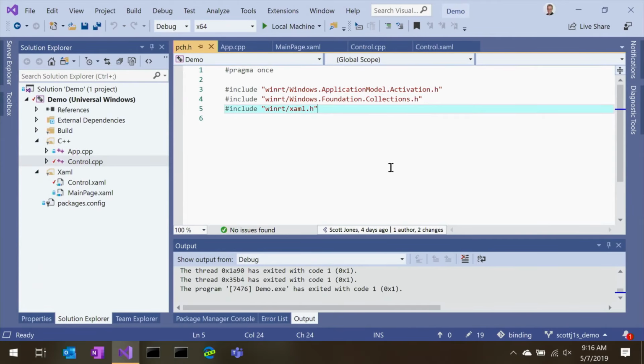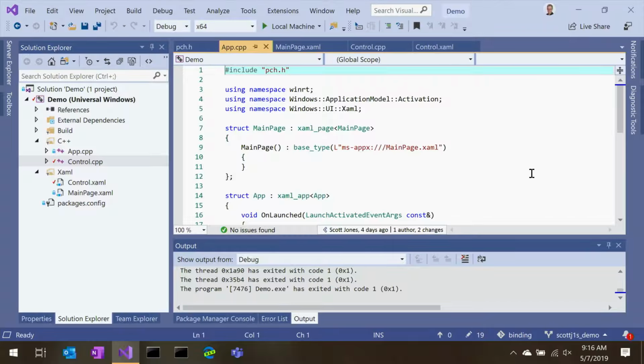So I'd like to shift gears a bit and demonstrate some of the work that we've been doing in that area. In this application, it's a very simple application. You can see we've got several source files and 2 XAML files. Let's just walk through the project real quick, and then we'll show you it in action. In our precompiled header, we have a couple of namespace headers, and then the experimental XAML header that we're pulling in.